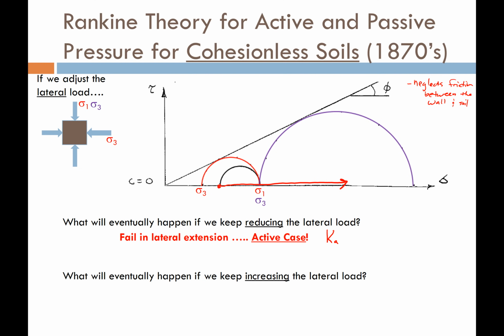And the vertical stress becomes sigma 3. And eventually we'll hit the failure envelope again. And if we hit that failure envelope, we now fail the soil in compression. This is the passive condition. And this is when we've developed K sub P. So this was Rankine's theory that tied the Mohr-Coulomb theory in with what he was observing in lateral earth